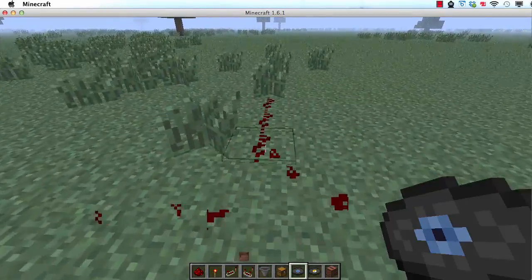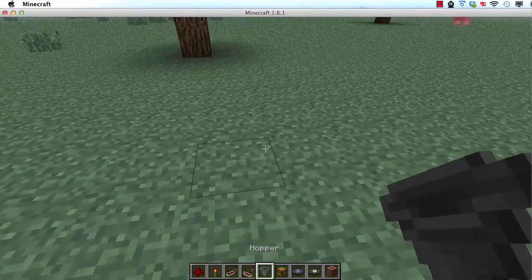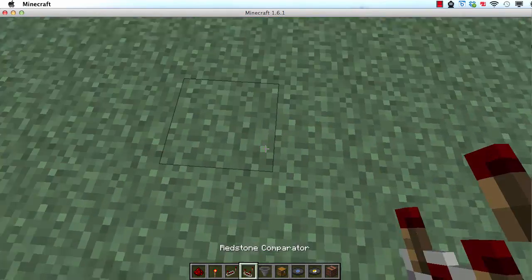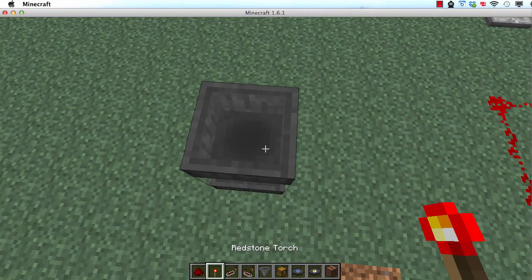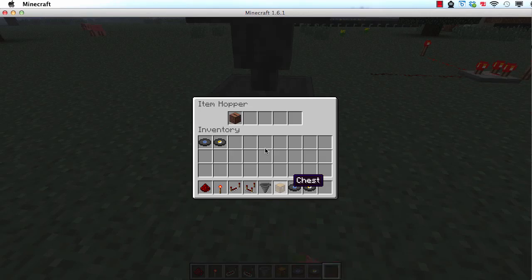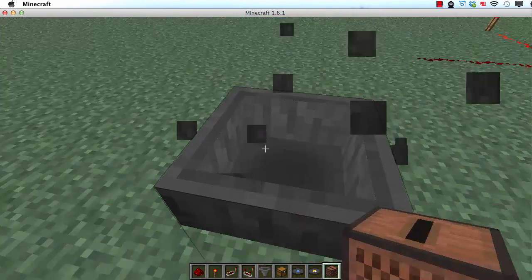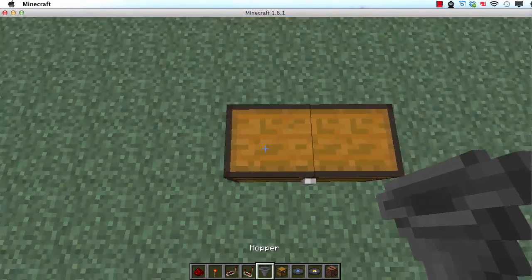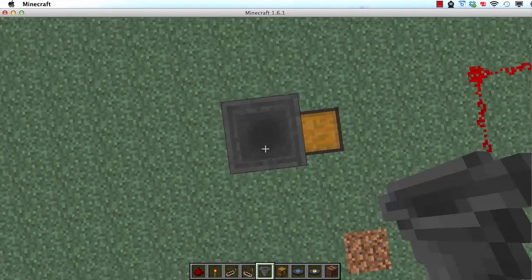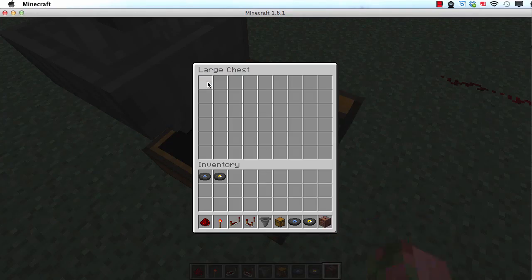The last basic redstone component we're going to talk about are hoppers, which are my favorite personally. If I take this hopper and I put it down here, and then I throw this jukebox into it, it will go down to the bottom hopper, because this hopper is pointing at that hopper. Then if I put a chest here and some more hoppers, a jukebox in there, it'll go down to the chest because hoppers can put things in